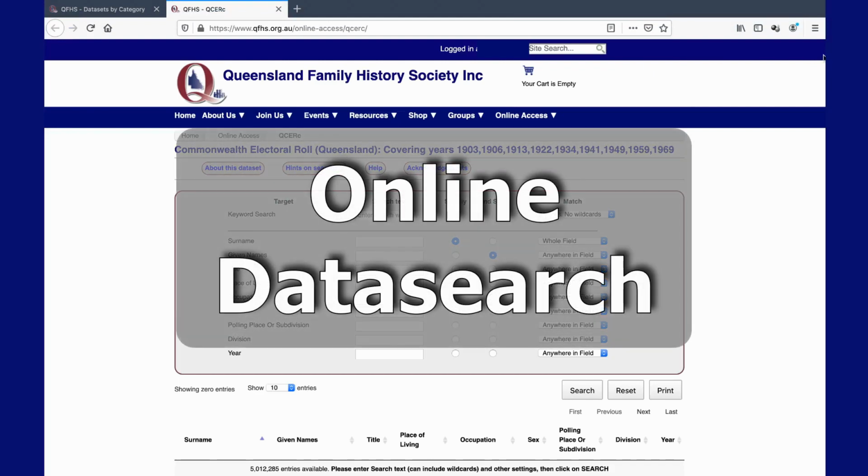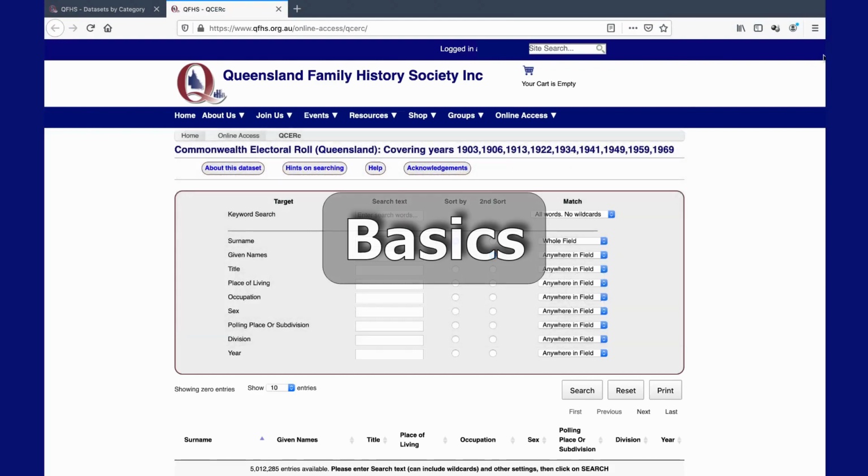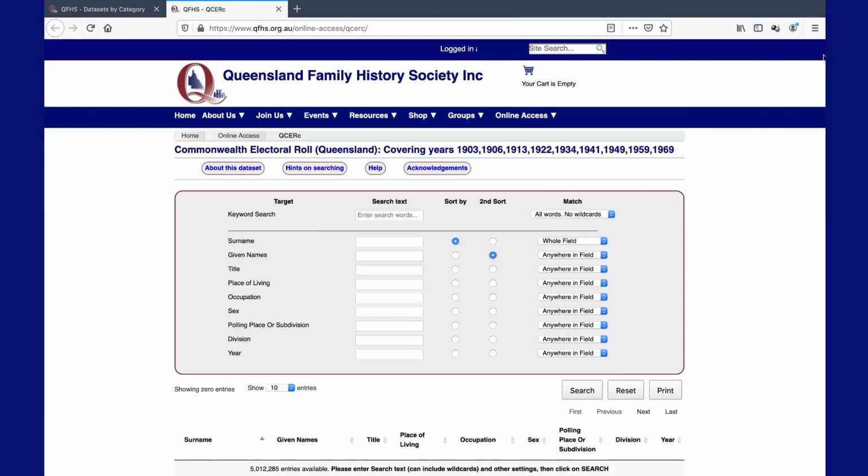In this clip, we'll take our first look at the basics of searching with the online data search interface. Users familiar with the original CD or USB version of data search will notice that the online version is similar. If you are not an experienced searcher of family history datasets, you might find it useful to have a basic